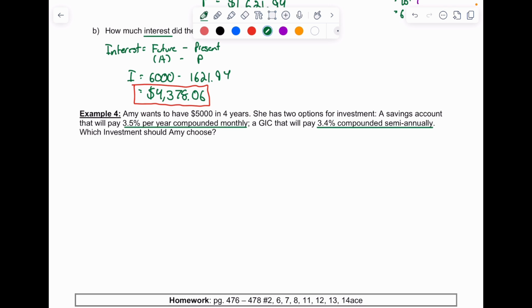So in this case, if she wants to have $5,000 in her account, right? That's her future amount. We don't know how much she has right now, and nothing in here tells us she has $3,000 or something. So when we compare, what we're really going to be comparing, which investment should she choose, right? We are comparing